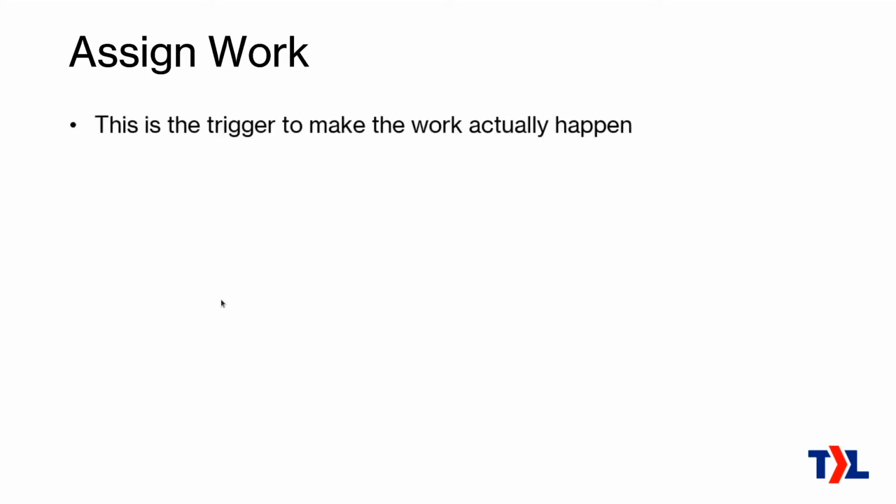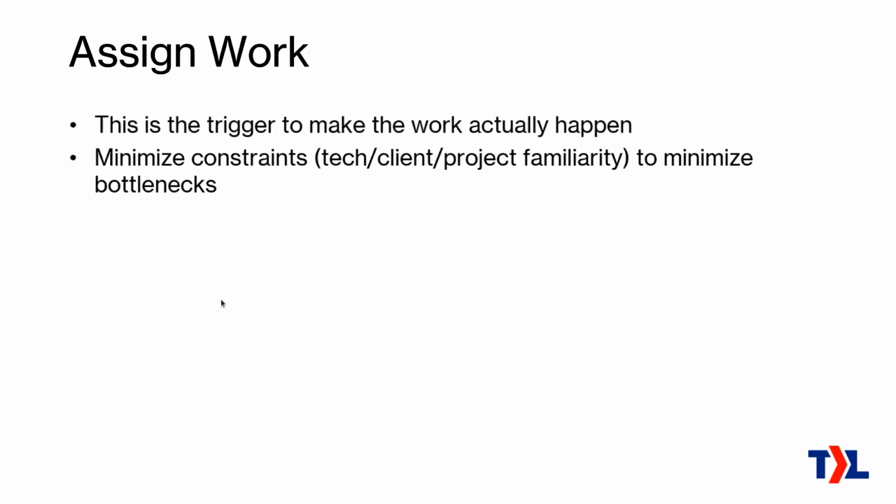Okay, so then we get to the 4th stage of the cycle with 5 stages. This is where we actually assign that work. So this is the trigger to make sure that work actually gets done, where you put it into a queue where an engineer is actually going to work on it. So what we want to do here is you want to minimize the constraints in terms of